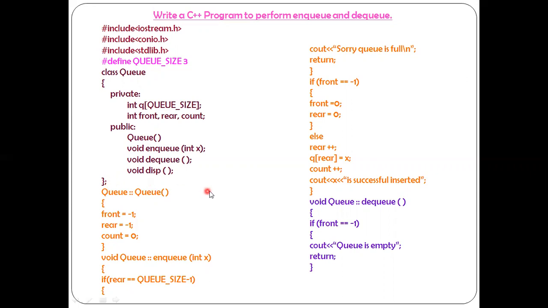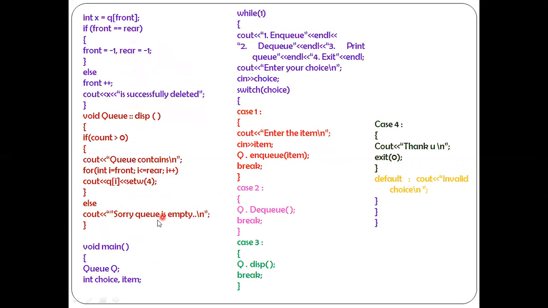As you all are familiar with C++ programs, execution starts from which particular line? Void main function. So here it is, the void main function, right? The next line, after the open flower bracket: Queue, one blank space, capital Q. This line is nothing but the creation of an object. Why are we creating an object? Through that object, we are able to access the NQ member function and DQ member function. I can print the queue, and I can exit from the program, right? So in order to access those 3 member functions, we must create an object. Fine. So capital Q is an object.